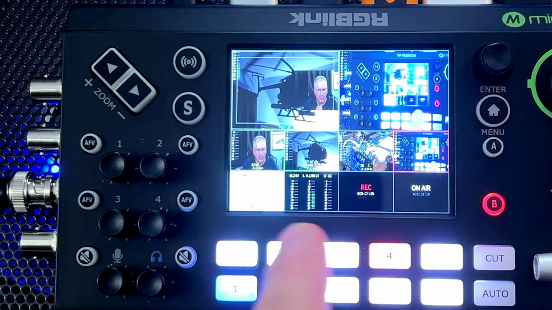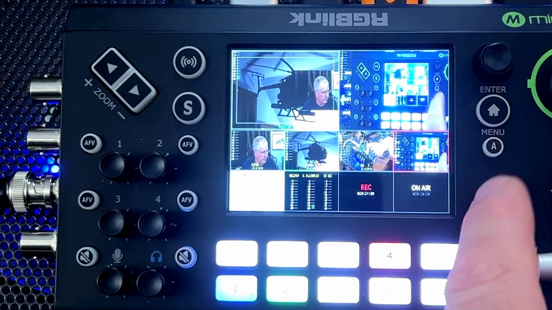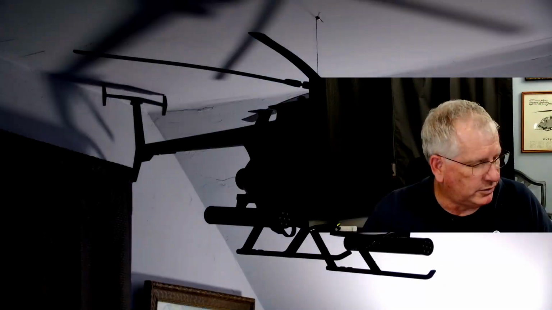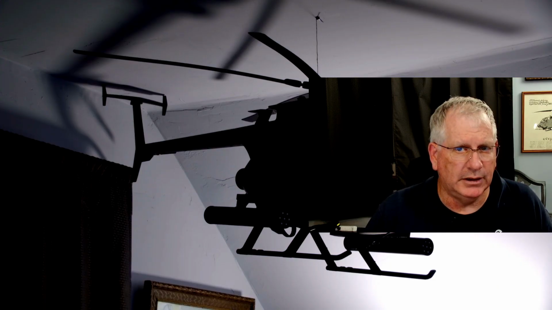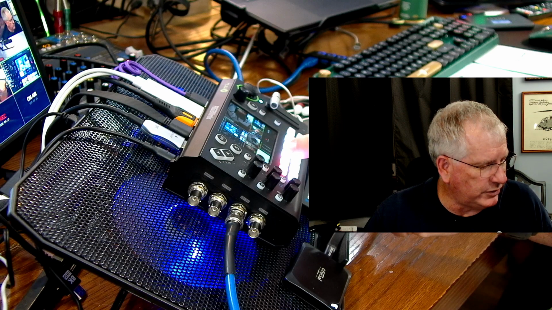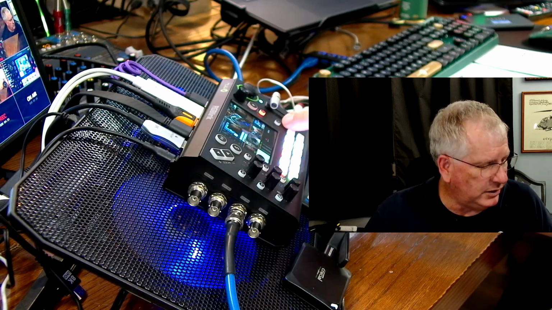So the upper layer is program view, and again, that's going to change what you have here. Now if you, for instance, switch back over here, now you have two layers on top of there, and you want to change what's in a different layer. So right now A is active, which means if you press a different button, it's going to change the A layer. You can change the B layer,